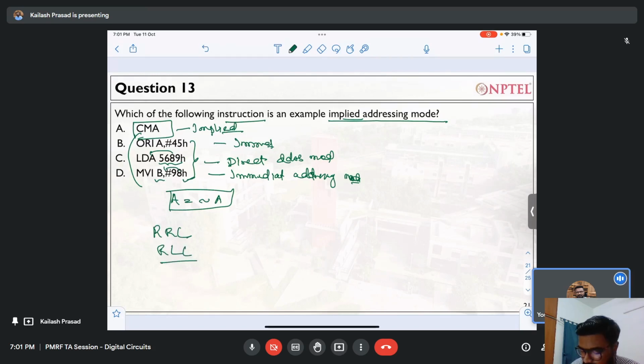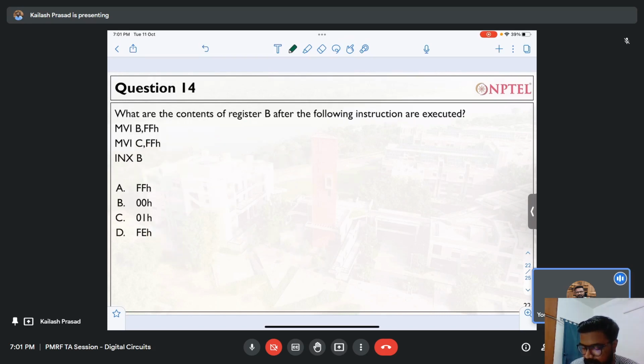So these are also implied instructions. Why? Because A is A right shifted by 1, and here A is A left shifted by 1, without writing 1 or left shift or A anywhere. You just imply that whatever the value of the accumulator is, you do some operation on it. You either complement it, or right shift it or left shift it. Okay, so this is the 13th question, and the 14th is